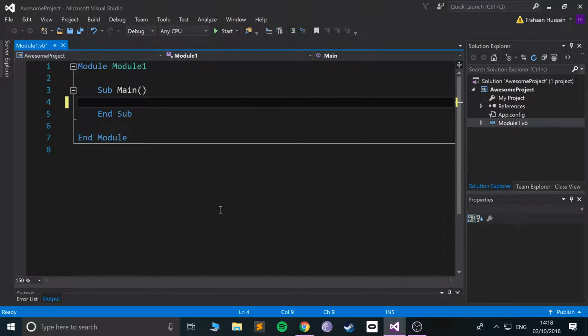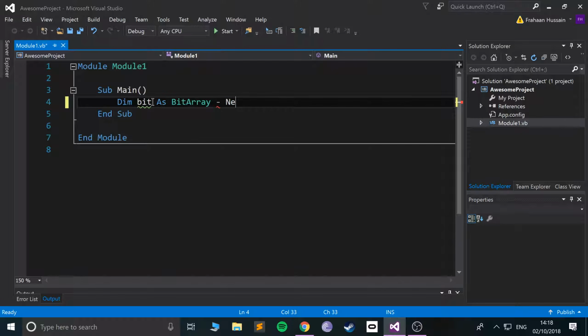Hello, in this Visual Basic tutorial, we are going to take a look at the bit array together. The bit array is similar to a regular array, but it only stores bits, ones and zeros, on and off. So let's just dive right in. To create a bit array, just do dim, let's call it bit as bit array